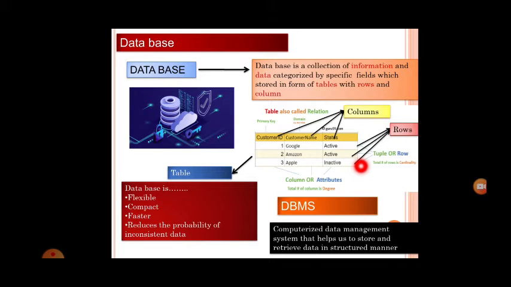So what are columns called? They are called attributes. And what are rows called? They are called tuples. This forms a whole table. A table is also called a relation, as there is a relation inside the data as well as between the columns. So let us see what are all the advantages of a database now.